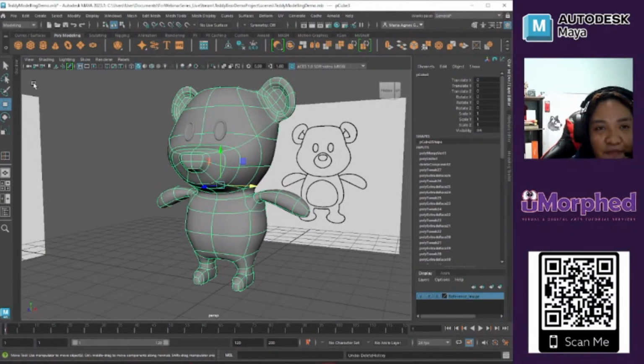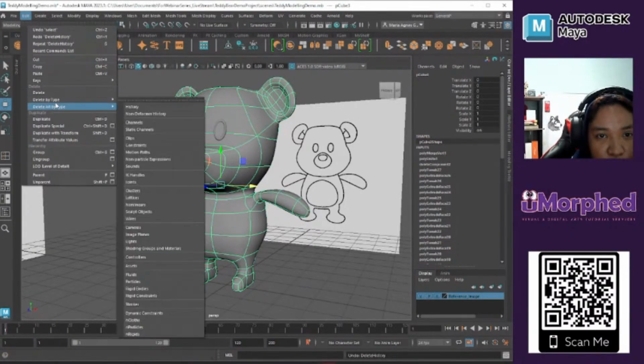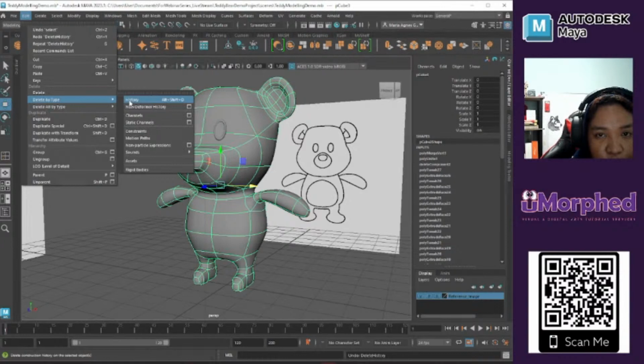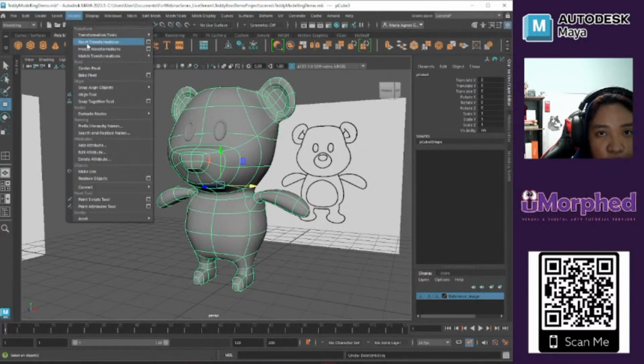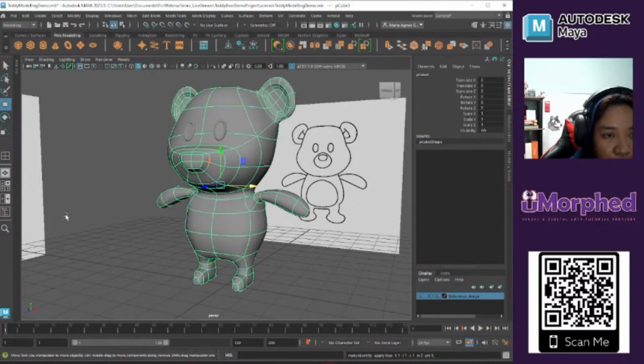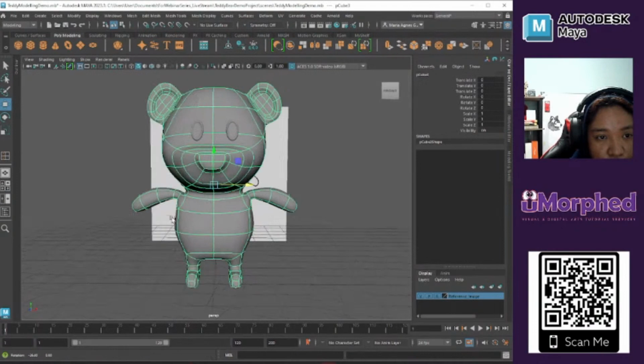So anyway, once again, we need to delete the history so that we don't have any problem when it comes to unwrapping the mapping of the texture. So history, and also we're going to modify, reset pivot transformation. Okay, there you go. And once we select this,